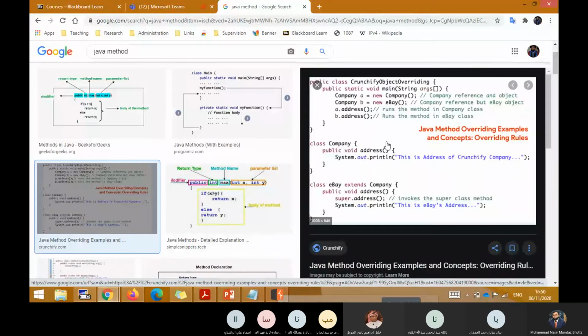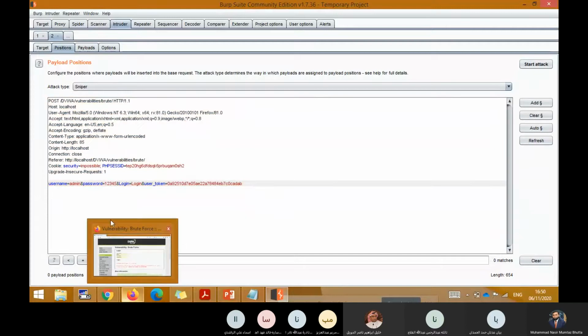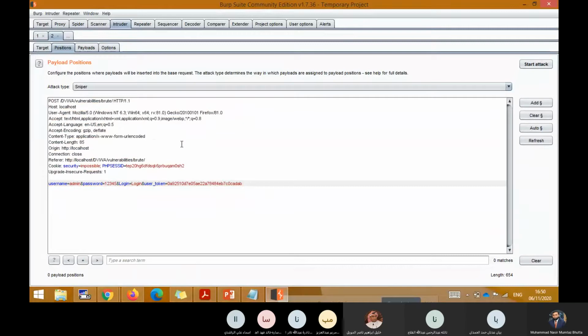We want to launch this tool as many times as we want, and we provide the input, username and password, and execute this function as many times as we want. So this is our function. Every time we want to launch a possible attack, we will update username and password, and the rest of the header will be the same, because we have captured the same header from the original website which we want to attack. So what you need to do, there are different scenarios.